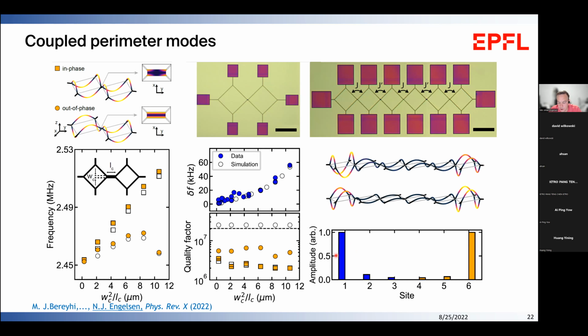Unfortunately, due to the noise and the frequency of these different polygons, our edge modes are very much localized to one side. But it was a proof of principle demonstration of how we can make arrays and dimers of these